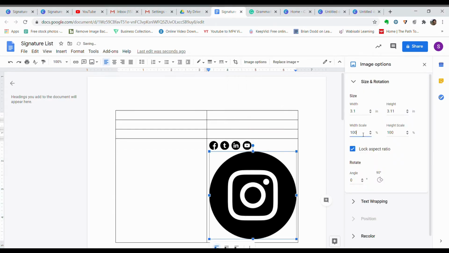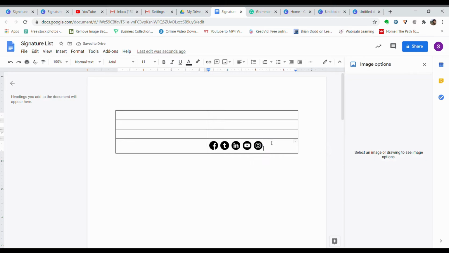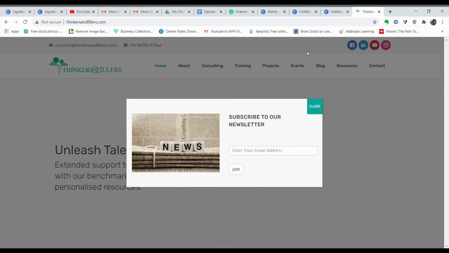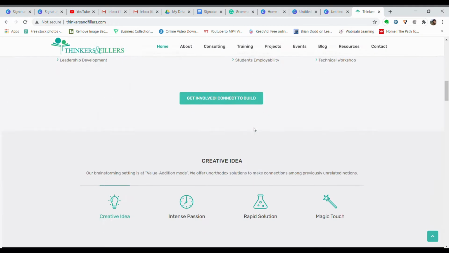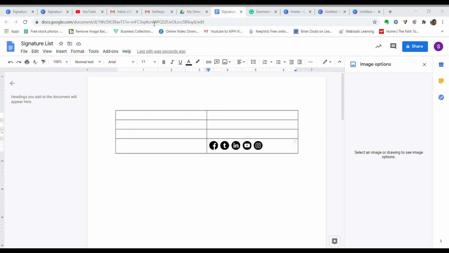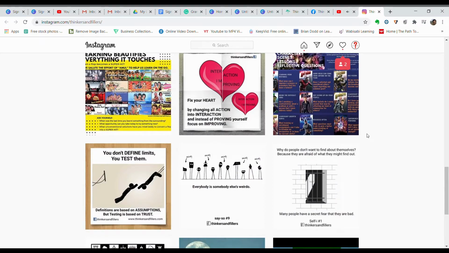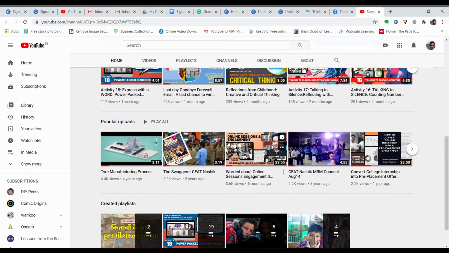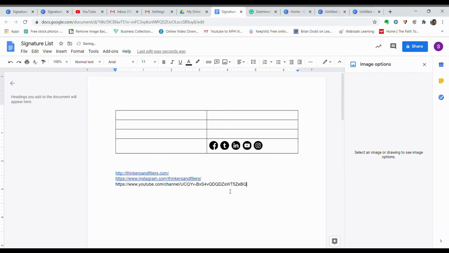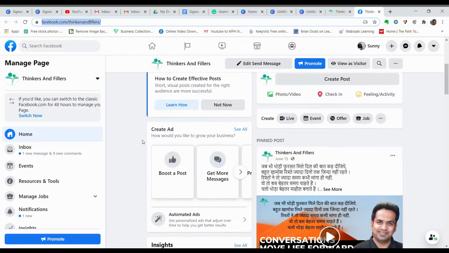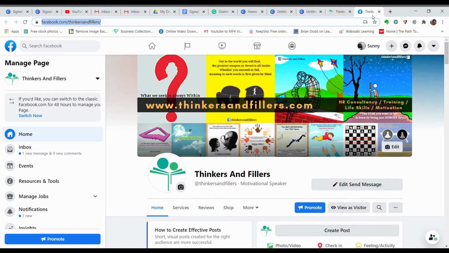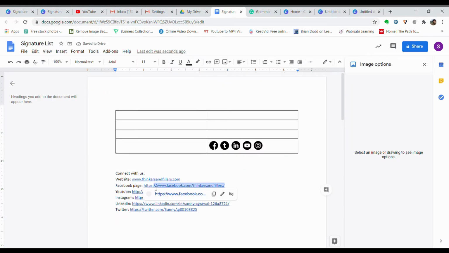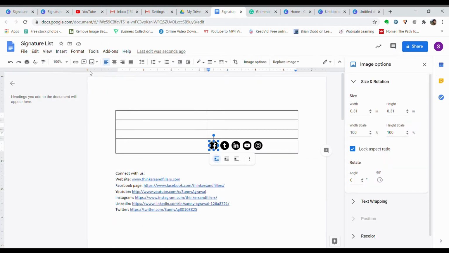Upload the rest of the social icons. Copy paste the hyperlinks from your social media account. Click on the icon and select the Insert Link button.